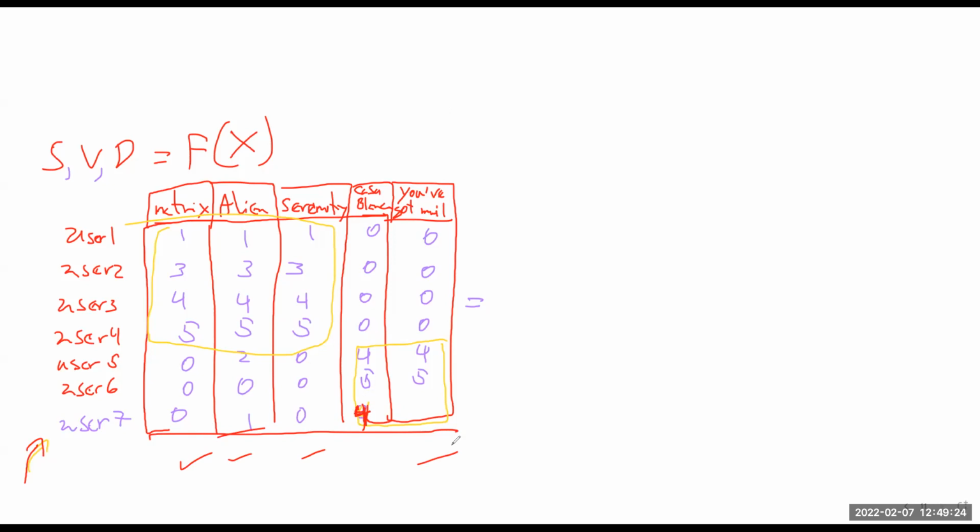Why? Because they rated it highly, right? Yeah, exactly. So using this information, it makes sense. They like You've Got Mail, so you recommend You've Got Mail. If also, let's say, the user hasn't seen Alien and Serenity, but the user did see The Matrix and rated it at 0, that's even stronger evidence that they don't fall into this group, but that they fall into this group. You guys see that?